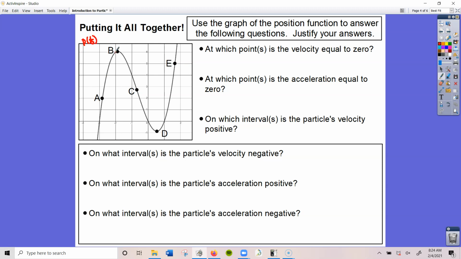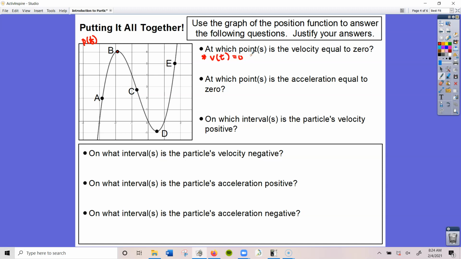We usually use t instead of x for particle motion simply because it's in terms of time. Now, at which point is the velocity equal to 0? Remember that velocity is the first derivative of position. So if the velocity is equal to 0, that means we're looking for where there's a horizontal tangent or extrema. Here we see at B and D, so we'll say